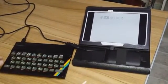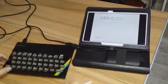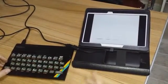So as you can see, that works fine. Load, quotes, enter, break. As you can see,